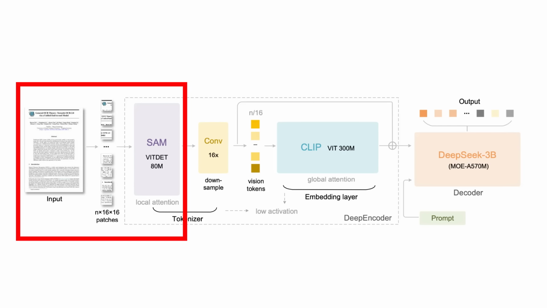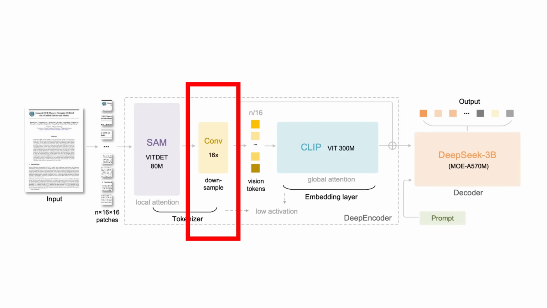The first stage is using a SAM model. This is only about 80 million parameters in here. And the idea here is that this can sort of work out what to pay attention to at a really high resolution, or really pay attention to all the details. Before they go to stage 2, though, what they actually do is compress those images by using a CNN. And this allows them to shrink it down by 16 times.